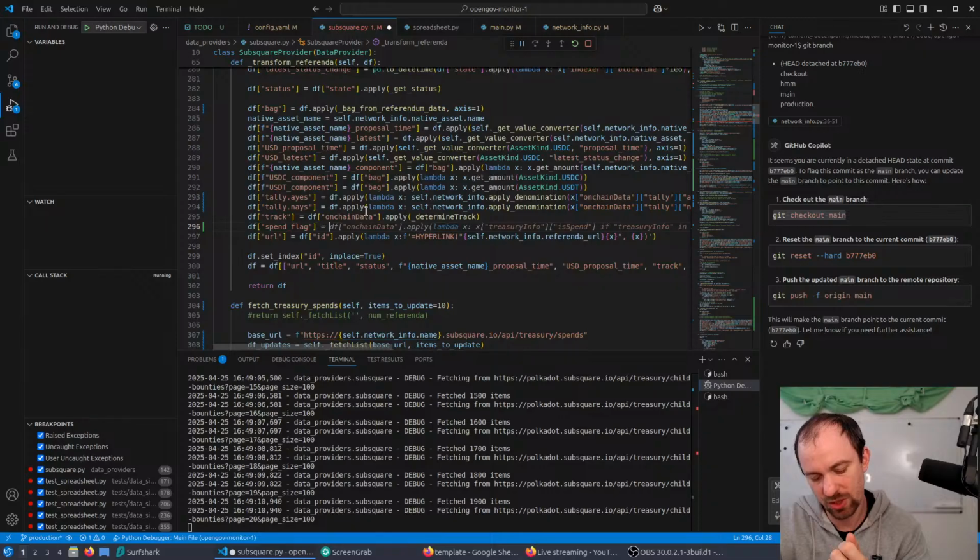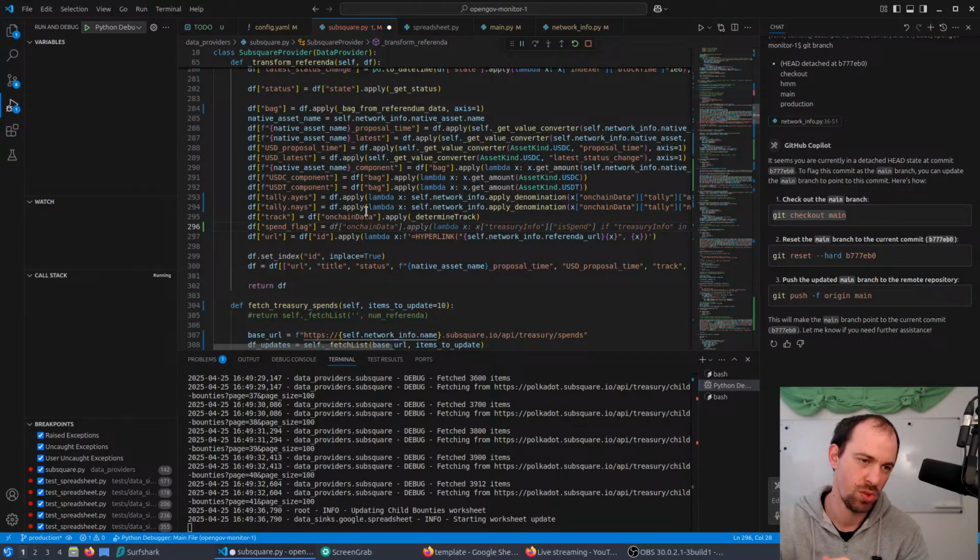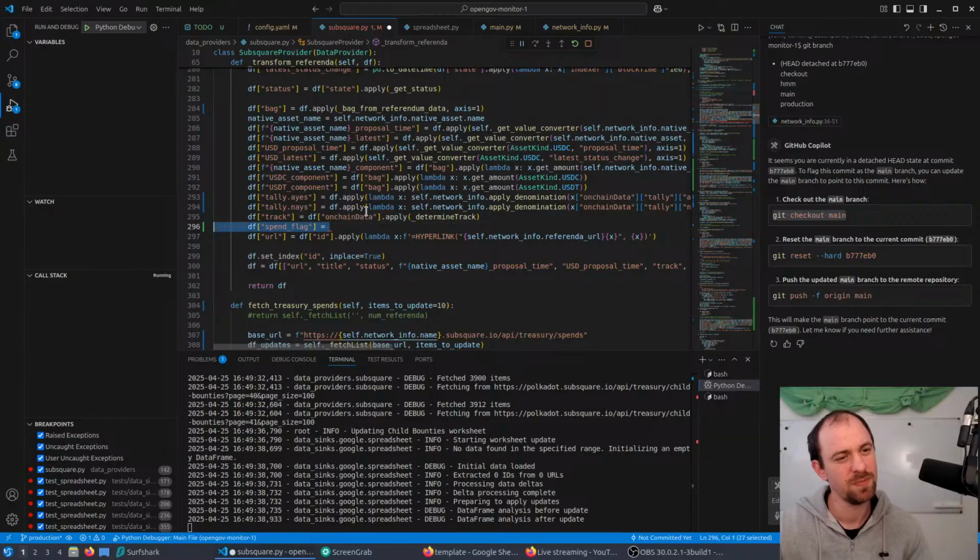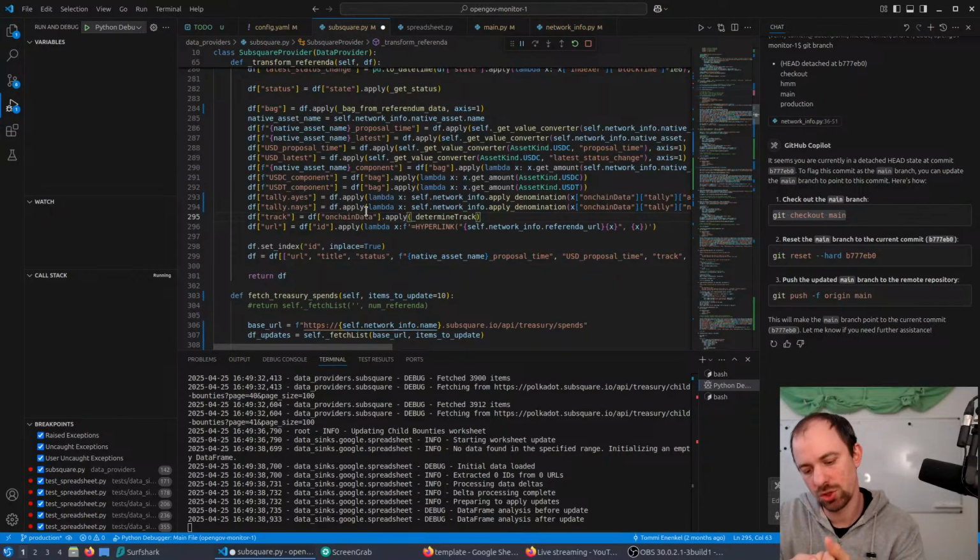Right, so this is where the two requests actually start interlocking. Only when we have all the referenda and all the spends, then we could add a flag to the refs. Okay, so we're not doing this here then. Question is, should we